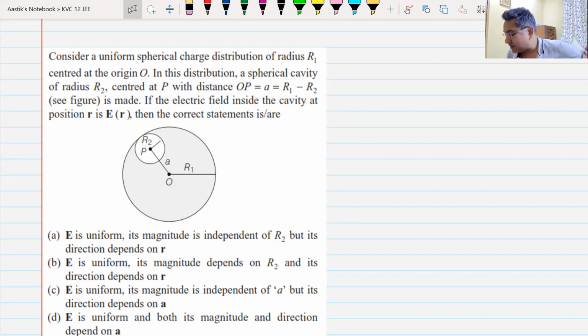Consider the uniform spherical charge distribution of radius R1 centered at the origin. In this distribution, a spherical cavity of radius R2 centered at P, with distance OP equal to a equal to R1 minus R2, is made. If the electric field inside the cavity at the position r is E of r, then the correct statement is